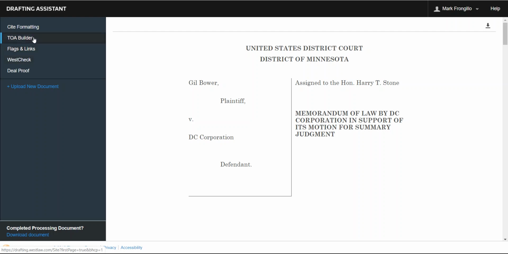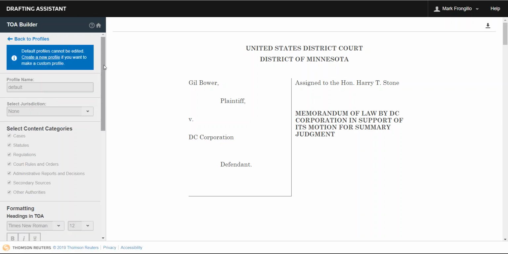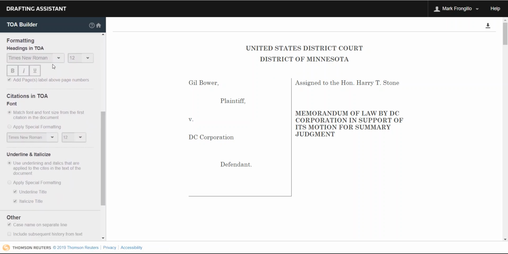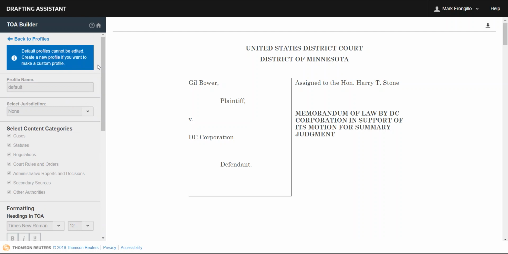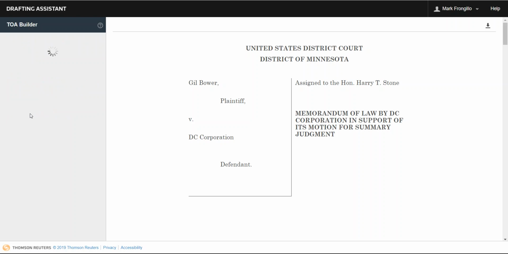As I said, we are here for a table of authorities lesson, so I'm going to click TOA Builder. There is a default profile. If you wanted to view the profile or create additional profiles, you could do that. I think most of the time you're fine with the default profile. If I'm not using Times New Roman 12 point, I might want to create my own formatting, but most students at this point will simply run the table of authorities builder,